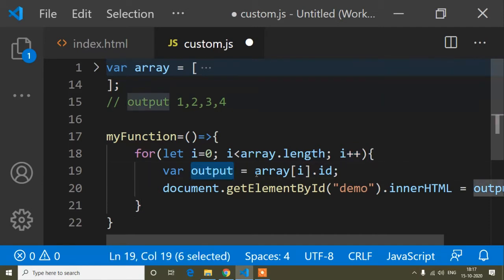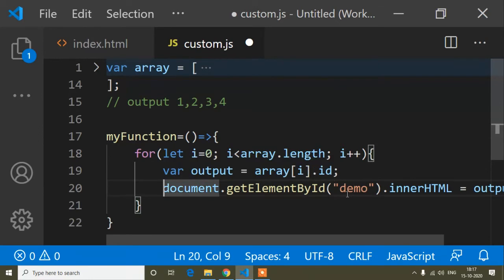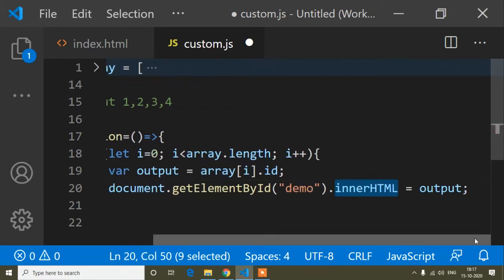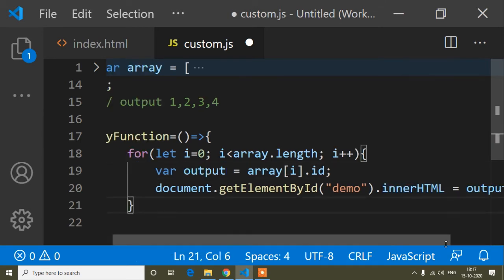Inside this output variable I have stored array i, so the id property will increase 1 by 1. So array i dot id. And now document dot getElementById dot innerHTML, and inside this id I print this output variable. Let's see the output first of all. Refresh it, and now I will click the button.